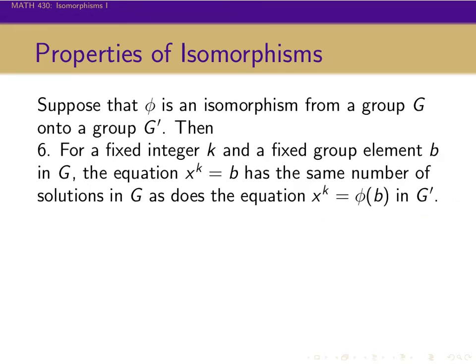Number 6, for a fixed integer k and a fixed group element b in G, the equation x to the k has the same number of solutions in G as does the equation x to the k equals phi of b in G prime. Okay, so this one's a little bit technical. It's similar to the order question, slightly different, but the idea is basically exactly the same. And so the idea is we're just going to be kind of counting solutions. And so on the one hand,